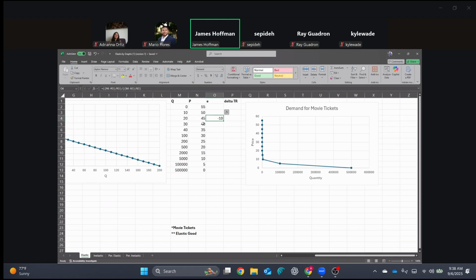Elastic, right? Because more people bought it than the change in price. Otherwise it would be like a negative. If it's less than one, then it's gonna be inelastic, right? But in absolute value, this is